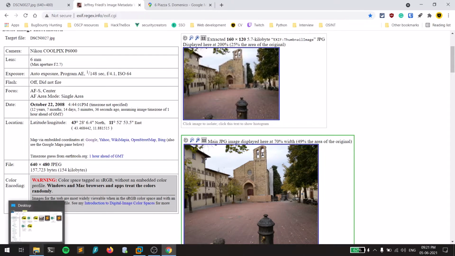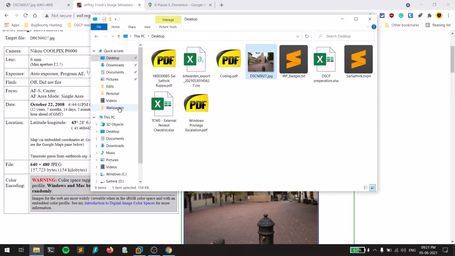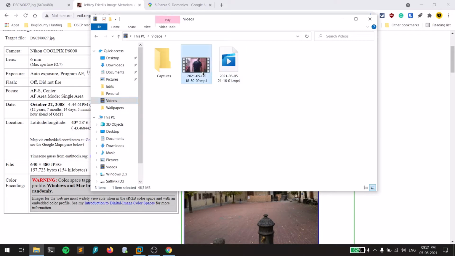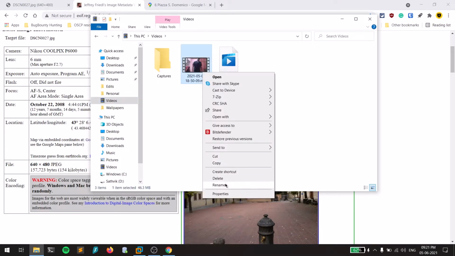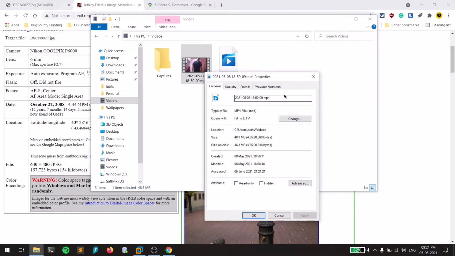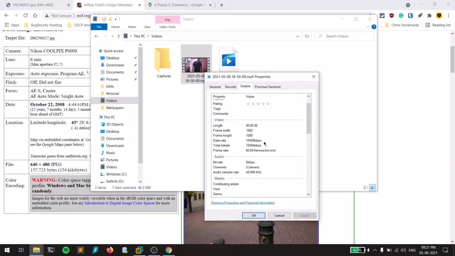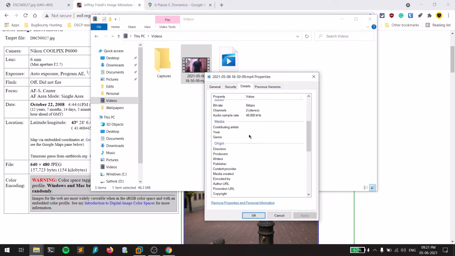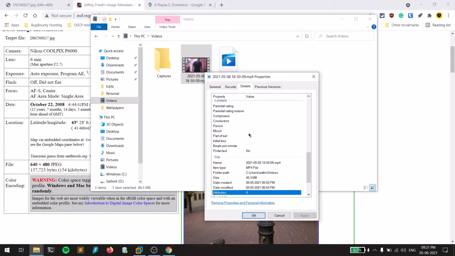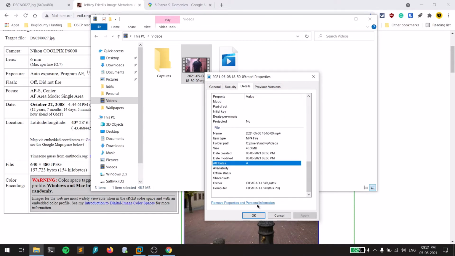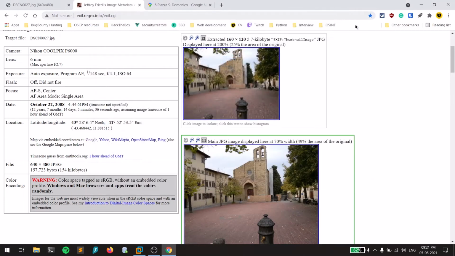If you ask me how to look for videos, you can go to any video out there and click on the properties. So this is a sample video, guys. You can click on the properties over there, and again go to the details in the manual way, and you can see the video resolution, which is full HD here, the data rate, the bitrate and various other stuff over here.